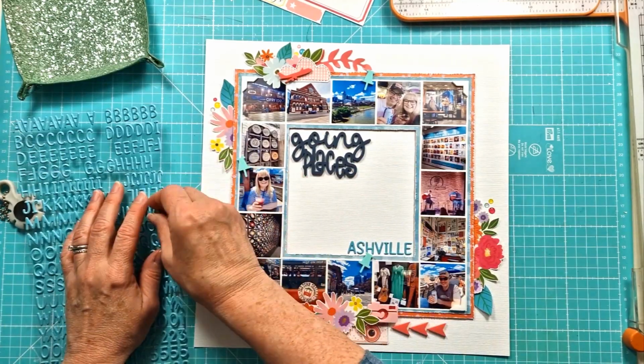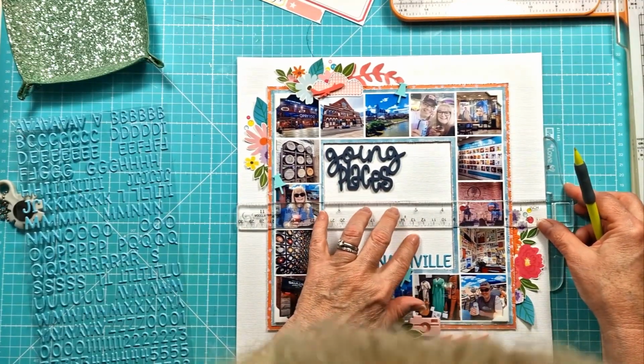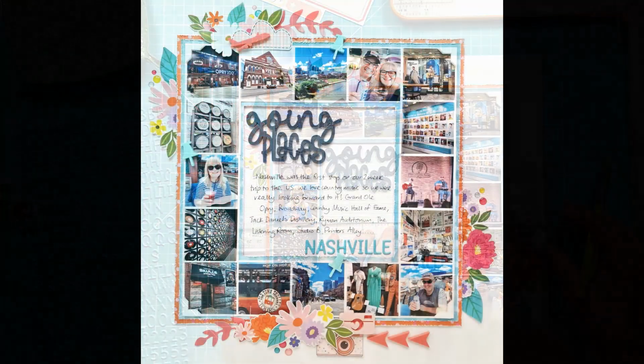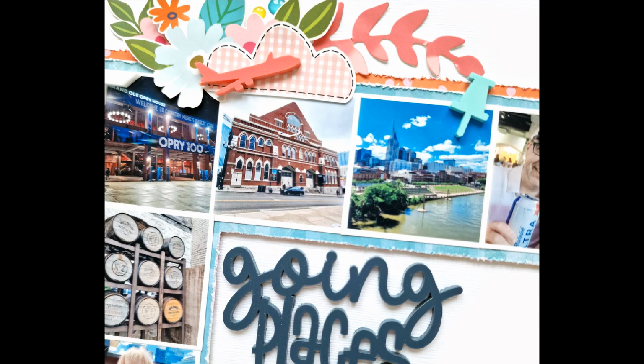Yeah, so I'm really happy with how it came together. I'm not sure I'm going to get 16 photos on my other 2 city focus layouts, but anyway, I'm happy with this. So here we go. Here's the final layout, and here are some of the